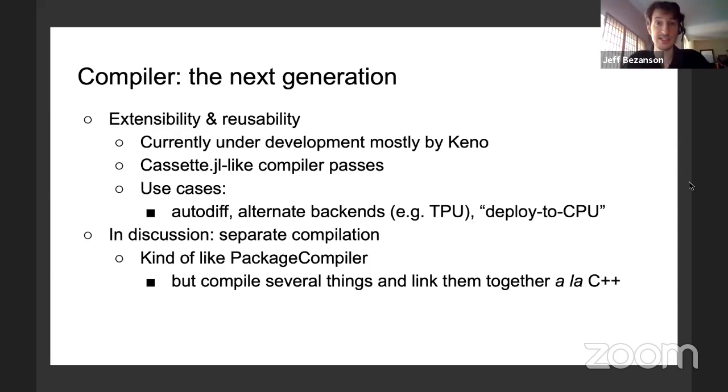We've also just barely started thinking about, and there's been no work done on this really yet, but it's an idea that I'm very interested in, which is to add some sort of a separate compilation model to the language, which you can think of as being a bit like PackageCompiler, except you can compile multiple things, just like you would from C++, make multiple .so files. And you can have something like a header file and have them link against each other. So more of a traditional separate compilation model is something we can add to the language and should. Haven't started on it yet, but it's something I'd like to do.